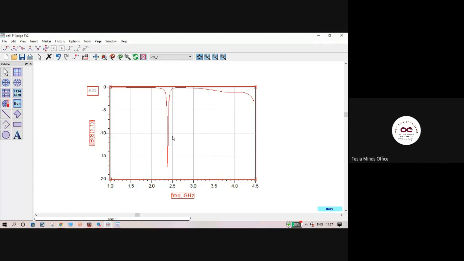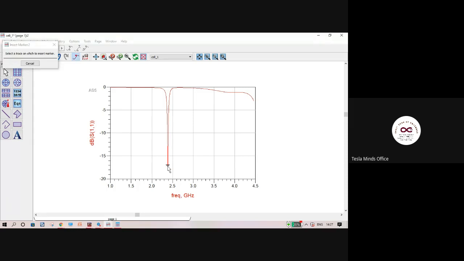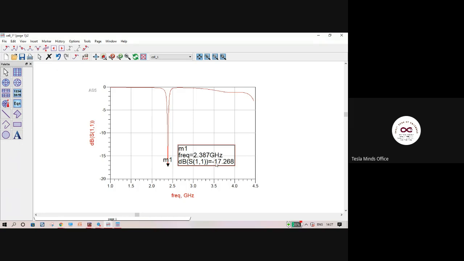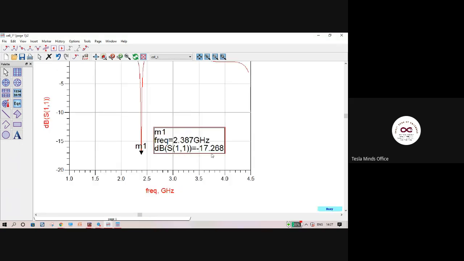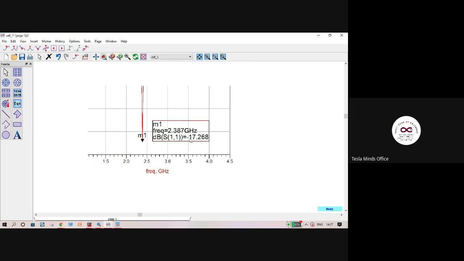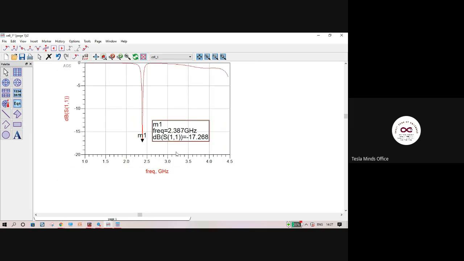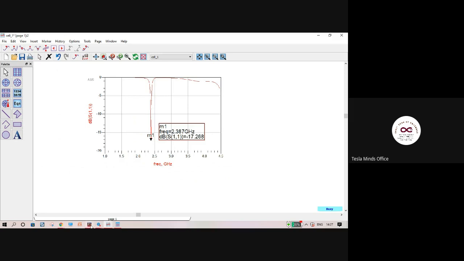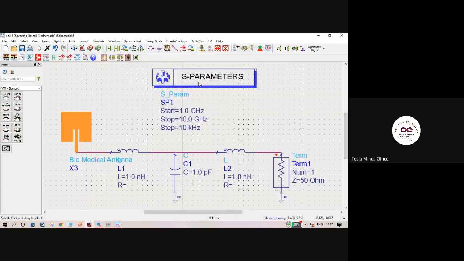This is the result which was simulated, and maybe some points have been loaded, right? So not all the points have been loaded, and I'll just show you that also, right? So here you can see the 2 point. Right, so we are getting this response. So the change from -25 to -17 was because of the inductor which we have added here. Right. So now, if you want to fine tune this, you can change the inductor and capacitor value to change this value. Right? I'll just show that, and then we can end. Right. So one last step, we'll do that.